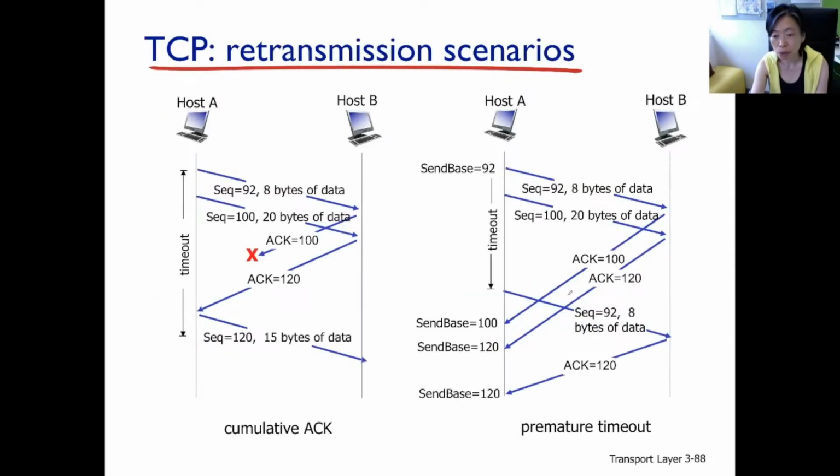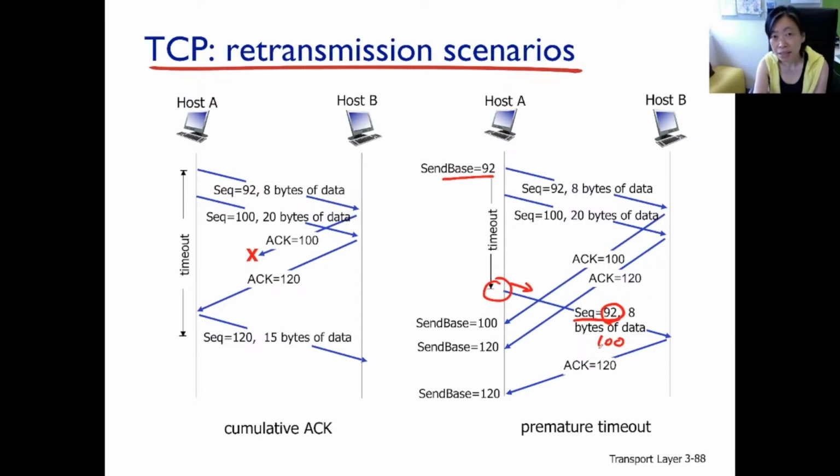But these are also explained in example 3. You'll see in the textbook, the authors describe it this way: when the timer for send base 92 expires, we only retransmit sequence number 92. But if you recall, we will be retransmitting from the smallest sequence number all the way to all packets that have been sent before but not yet acknowledged. So that should include sequence number 100. And that is what I was explaining in example 3.